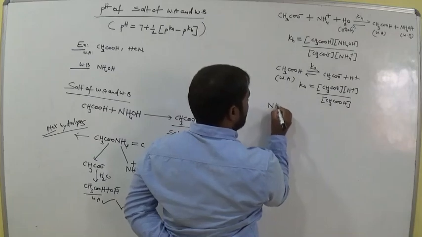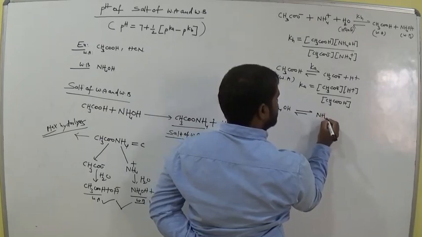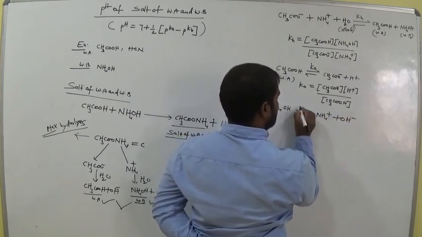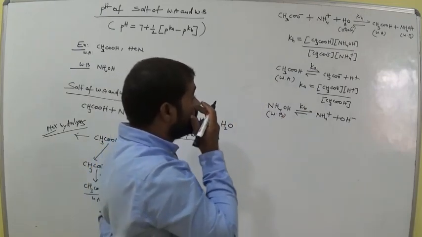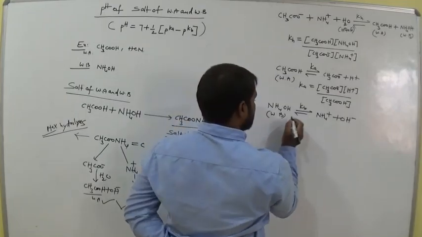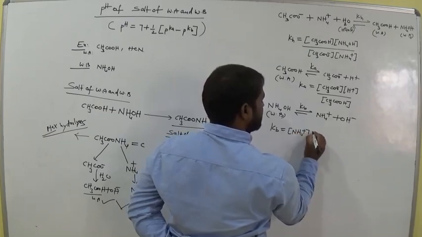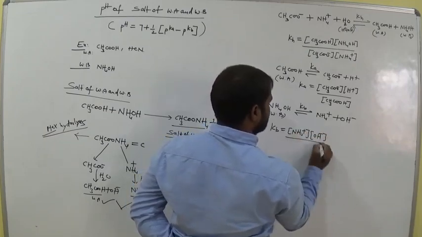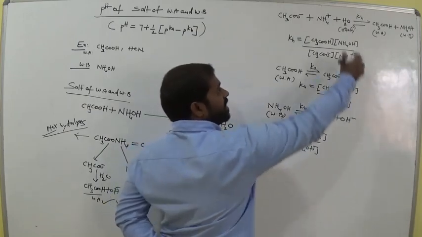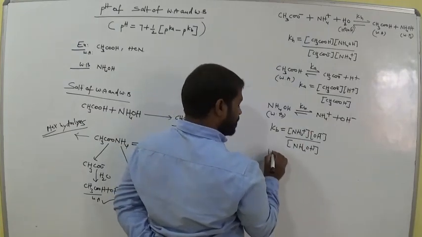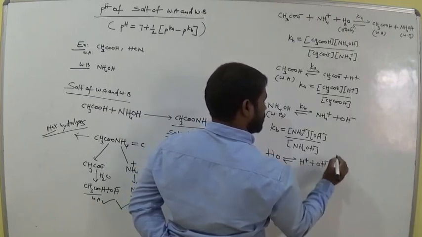Now we have the weak base also. Take that weak base NH4OH. It is ionized as NH4 plus and OH minus. Now the equilibrium constant for a weak base is Kb. We already discussed these related topics so many times. So now here the expression Kb equals how much? Molar concentration of NH4 plus, molar concentration of OH minus, over molar concentration of NH4OH. Am I right? Now the water also undergoes ionization to H plus and OH minus.